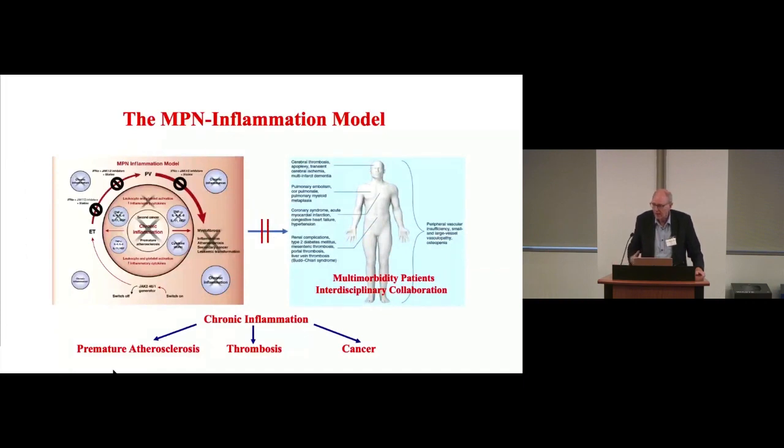Here, again, I go back to my MPN inflammation model, telling that we should disrupt this vicious circle as early as possible with stem cell targeted therapy, that is interferon, and then add another agent, for instance, a JAK1/2 inhibitor, or even a non-expensive drug, a statin, because it is quite clear for me and my colleagues that those patients entering, and now I introduce a new term in MPNs, minimal residual disease,